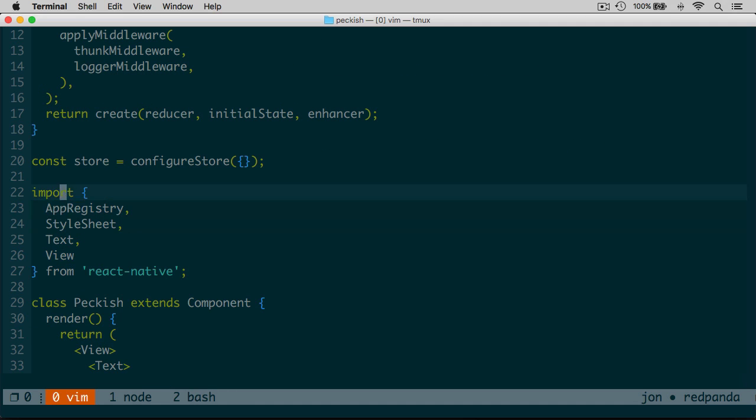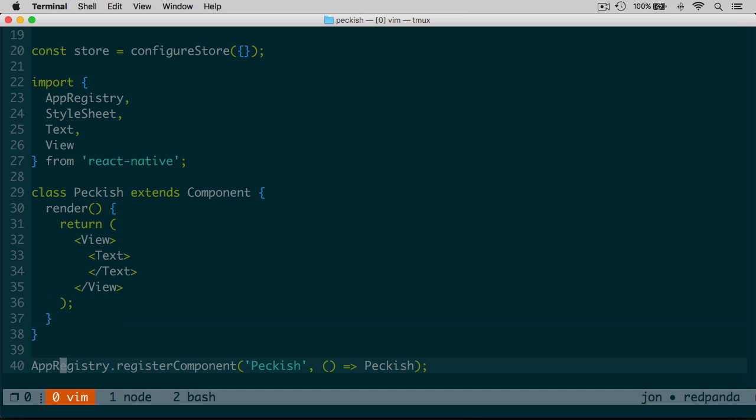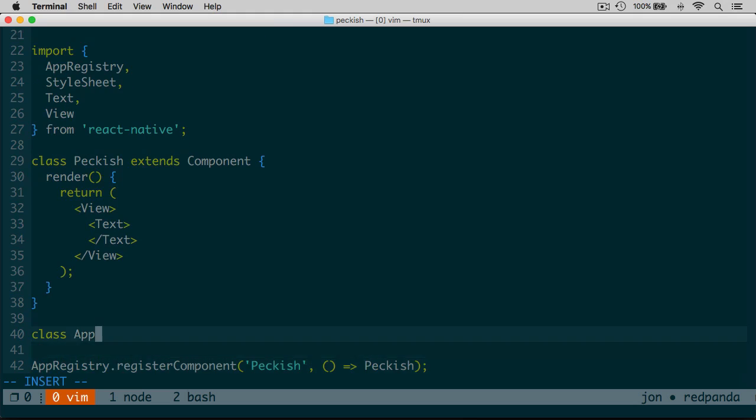Okay, so we have our store, we have our reducer. The next step is to provide essentially an application description. Now, instead of loading a component called peckish, which is what is done by default with React Native, I'm going to create a new class, and I'm just going to call it app. This is a convention that I've seen a few different projects online use, and it seems to make sense to me. And app is going to be a function